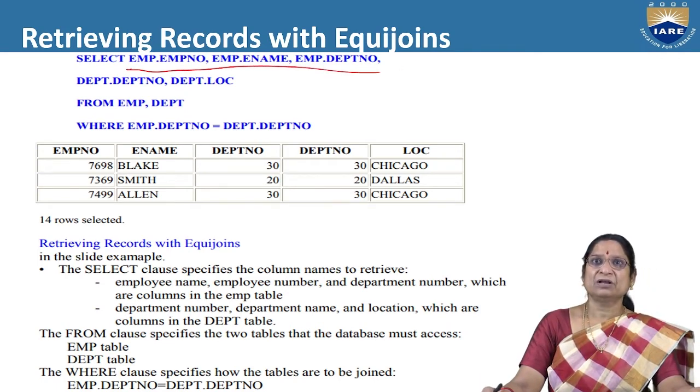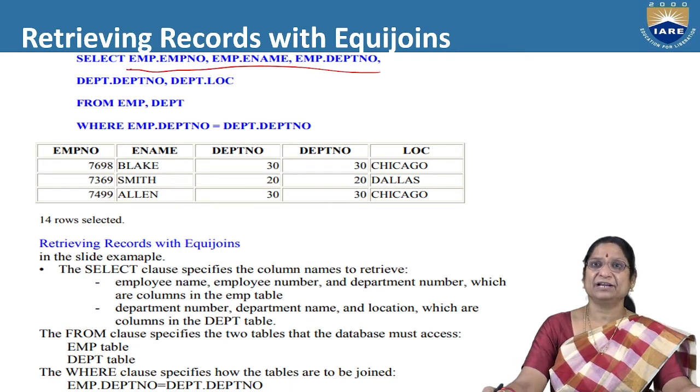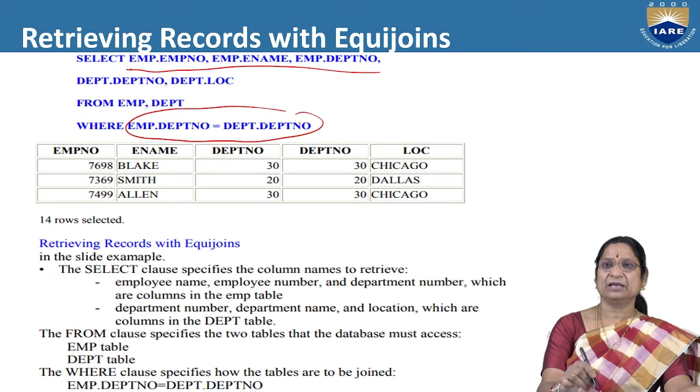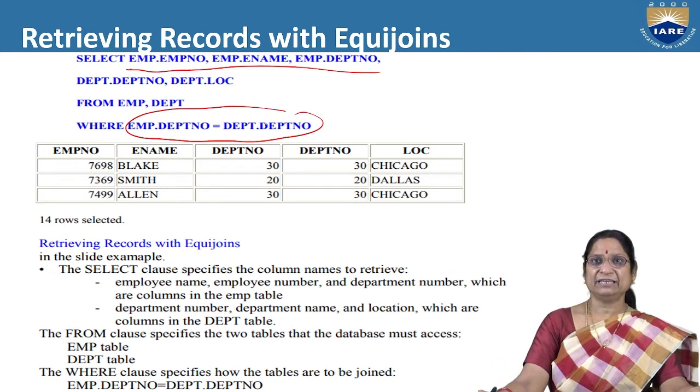Now you observe, here we are not using any alias names, directly table names: emp.emp number, emp.ename, emp.dept number, and dept.dept number. Both department numbers we are retrieving only to verify whether the condition is satisfied or not, and department location from both tables. The condition was given: emp.dept number equal to dept.dept number.